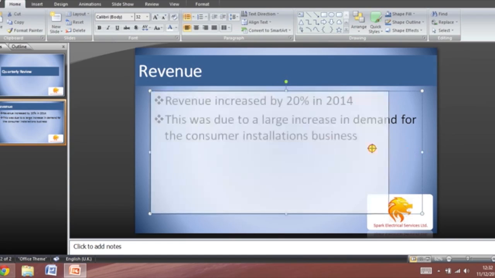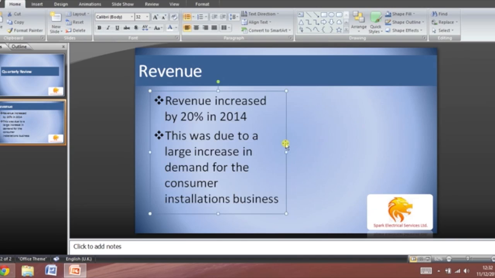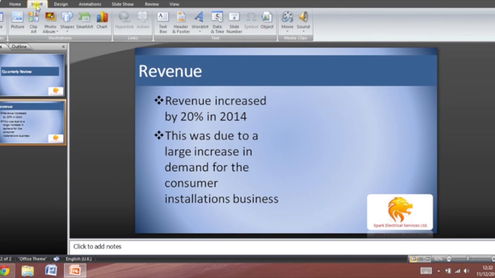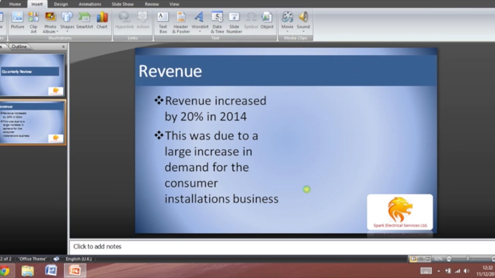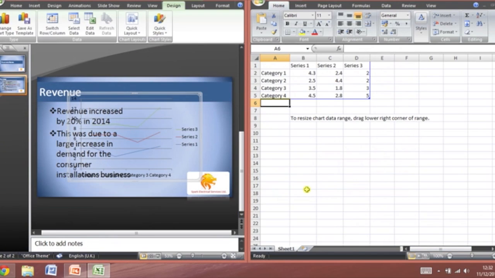And then you can make this text much smaller to be able to fit other things on the slide, and especially if you're in a kind of corporate environment, it's quite important if you could maybe have graphs and stuff on the screen. So we do this by going to the Insert tab and then clicking on Chart, and then depending on the kind of data you have, just choose what you want. So I'm going to be showing revenue on my graph, so I've chosen a line graph,